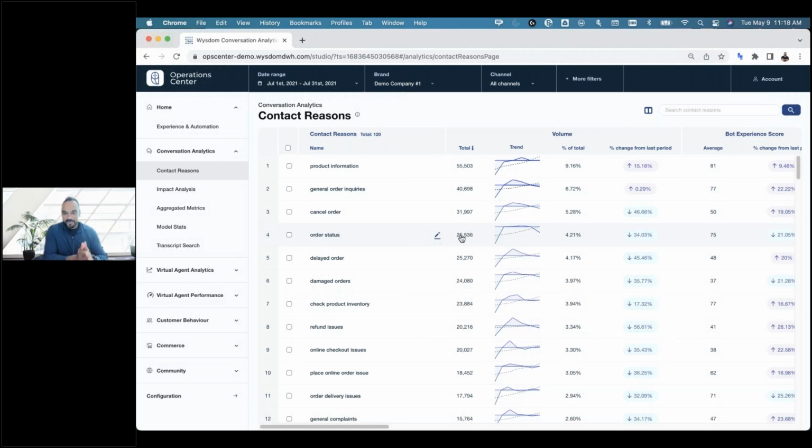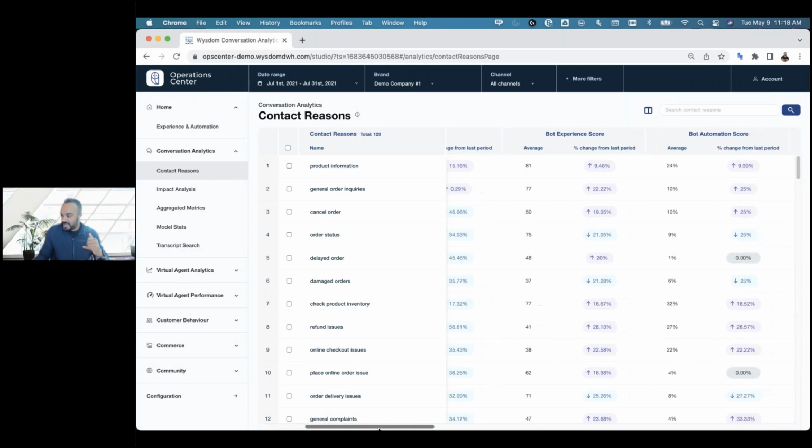If you're only looking at the bot, you've got no insight. You have no idea what's going on. They just hit 0 or they said, give me an agent. When you look at the agent side, you see the actual problem. And we'll look at that. We'll look at the agent side and say, okay, they actually told the agents about an order status and they told the bot nothing. So this gives you some added detail.